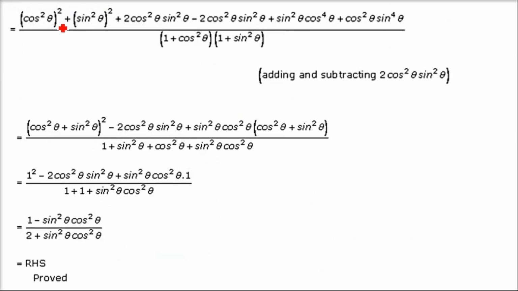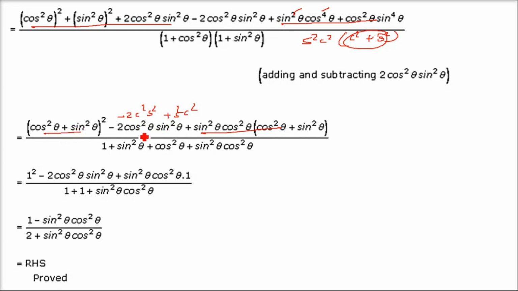Okay, this one. Now let us go back to the next one. As I said, this can be taken as a square. From here to here it is cos square plus sine square whole square, and this is minus 2 sine square cos square. From here I can take sine square cos square common. If I take sine square cos square common, it will be cos square, and here it will be sine square. So this will become 1. So what do you get? You get minus 2 cos square sine square here, and from here you get plus sine square cos square. So what do you get? Minus 2 and plus 1 is minus 1. Right?